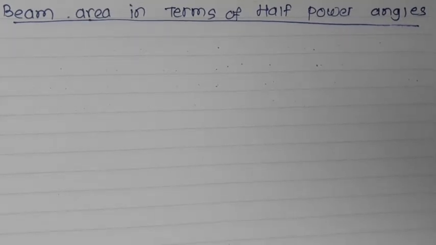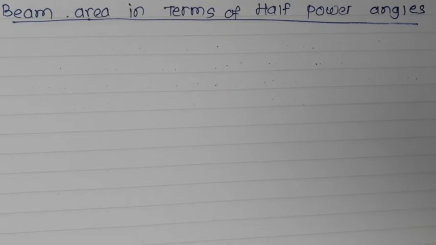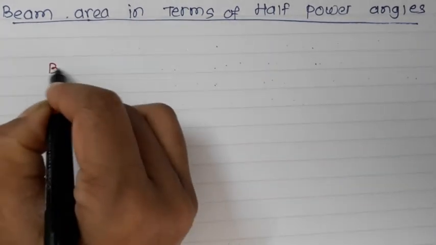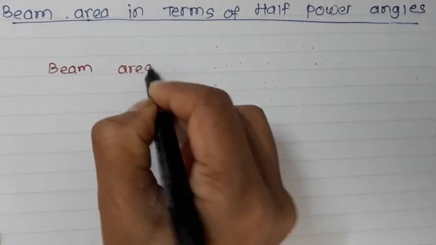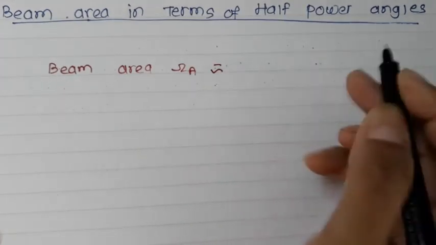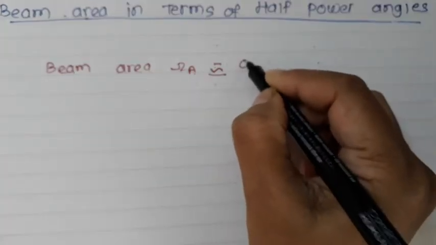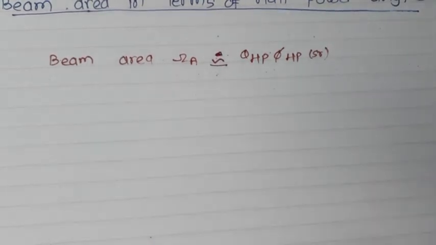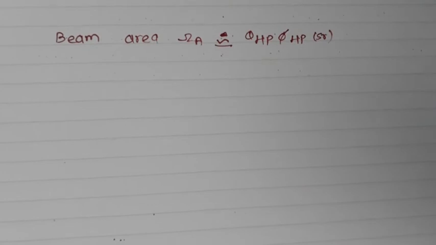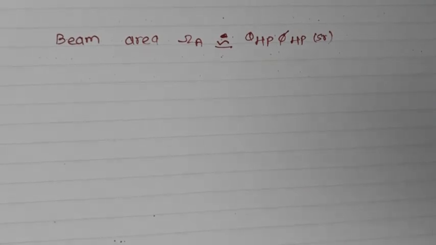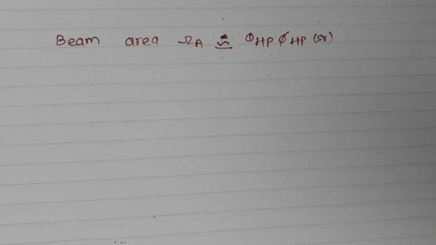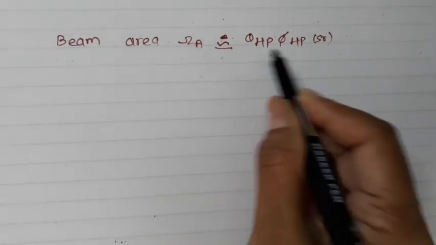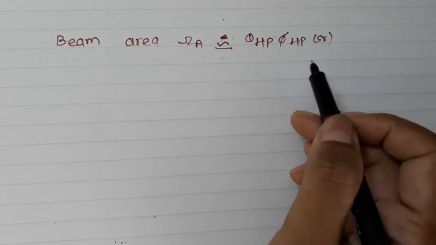So the beam area can also be described in terms of the angle subtended by the half power points in the main lobe in the two principal planes. So here, if I am talking about the beam area in terms of the angles, I can say it is approximately theta half power times phi half power steradian. So this is the beam area in terms of the half power angles. Now note that theta HP and phi HP are expressed in radians and are the half power beam widths. So these are nothing but the half power beam widths in the two principal planes perpendicular to each other